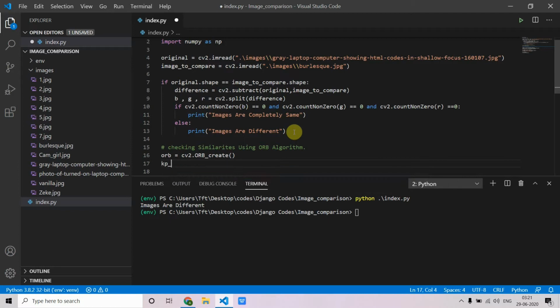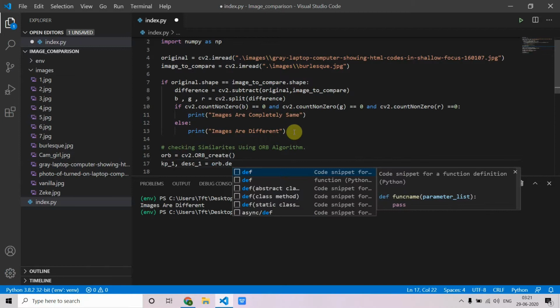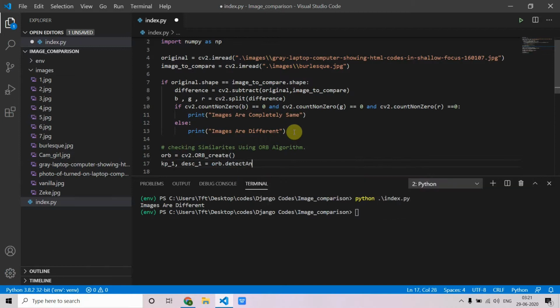So keypoint_1, descriptor_1 equals orb.detectAndCompute on the original image, and we have no masks, so None.